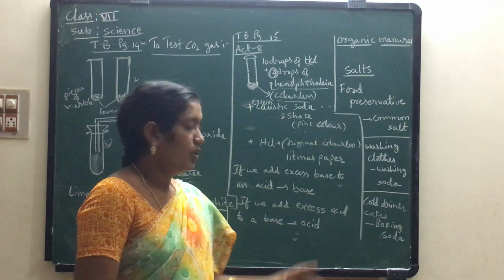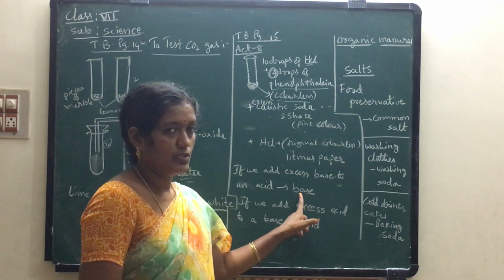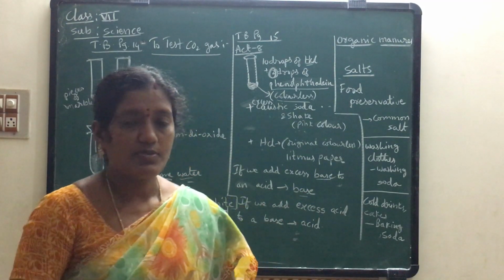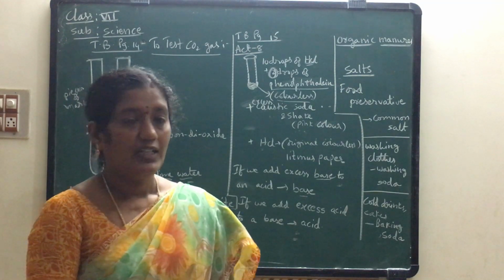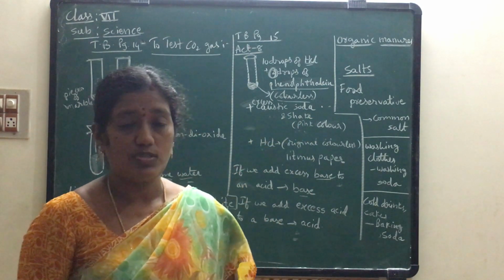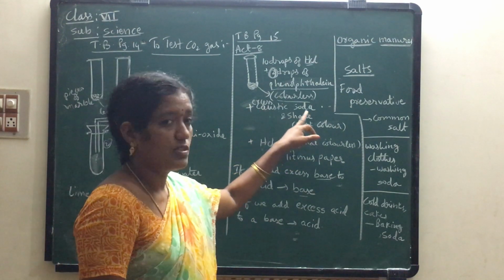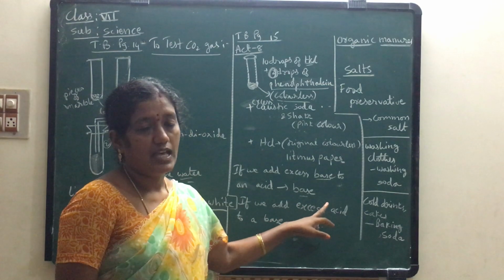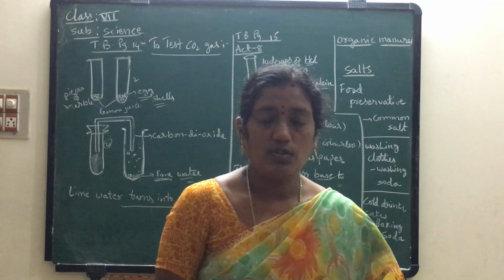Colorless solution. So if we add excess base to an acid, then we will get a base. Okay children, here caustic soda is a basic substance. I told you detergents, soaps, gels, creams, these are all the best examples of bases, children. This caustic soda is also a base. HCl is an acid. So children, if we add excess acid to a base, then we will get an acidic substance. Okay children, do you understand?